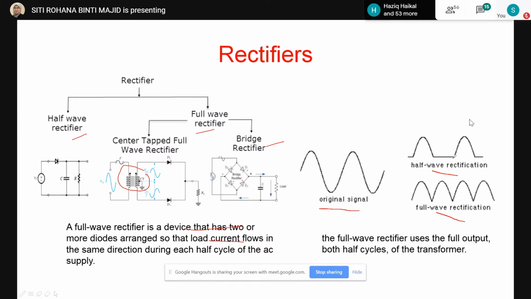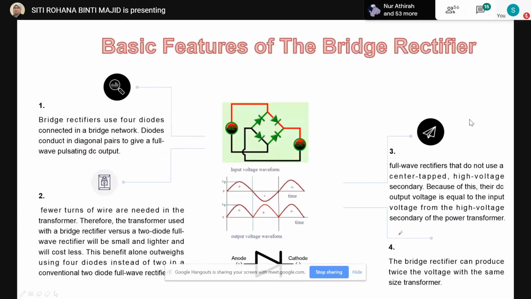see the flat region here because it's filled by the component of the second pair of diodes, which is supposed to be in the off state for the half wave rectifier. So in other words, the full wave rectifier will use the full output, both half cycles of the transformer. So now